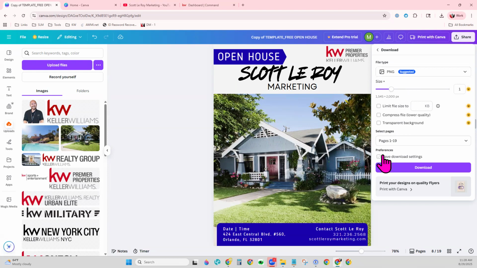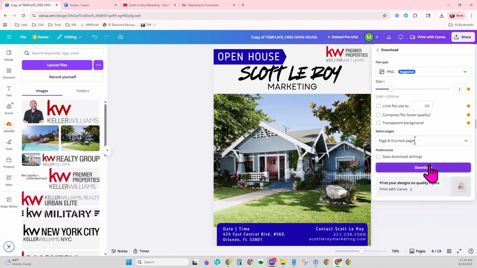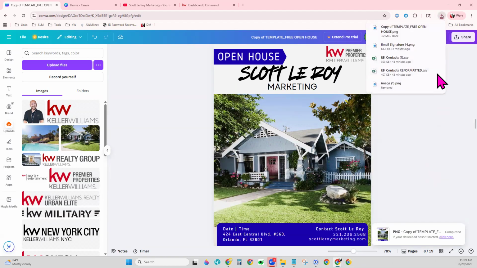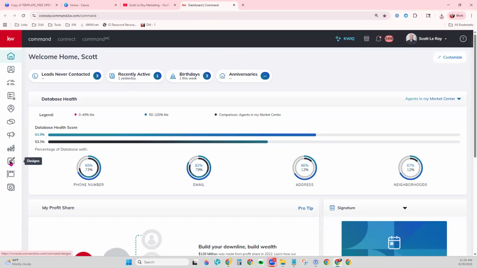So we'll go right here and just choose current page and done, download, and it's going to download that PNG file, that image file, right to our device. There we go. And so from here, we can come right over to Command and we would go to our designs,